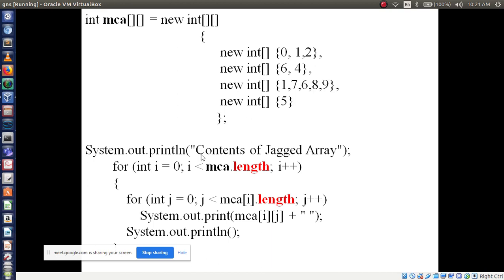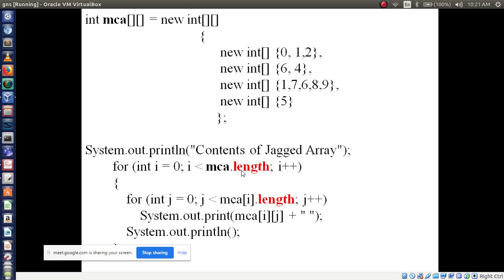Okay. Now print the jagged array elements. To print, see here, we are using 2 subscripts, or 2 square boxes. For this we need 2 for loops. We need 2 for loops, one per row and another one per column. Now for printing: for int i equal to 0, i less than, see here, MCA dot length I am using. Why am I using length? You know, 4 rows you have defined, fine. So you can give 4 here, no problem, it will print.